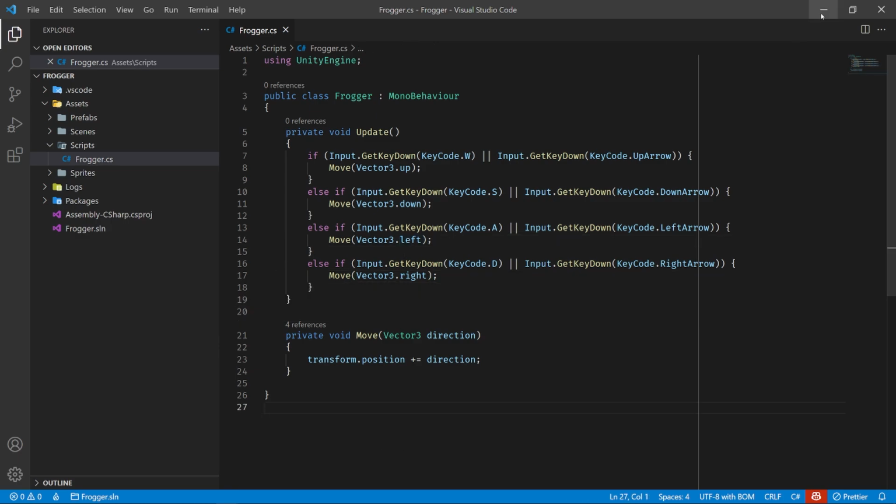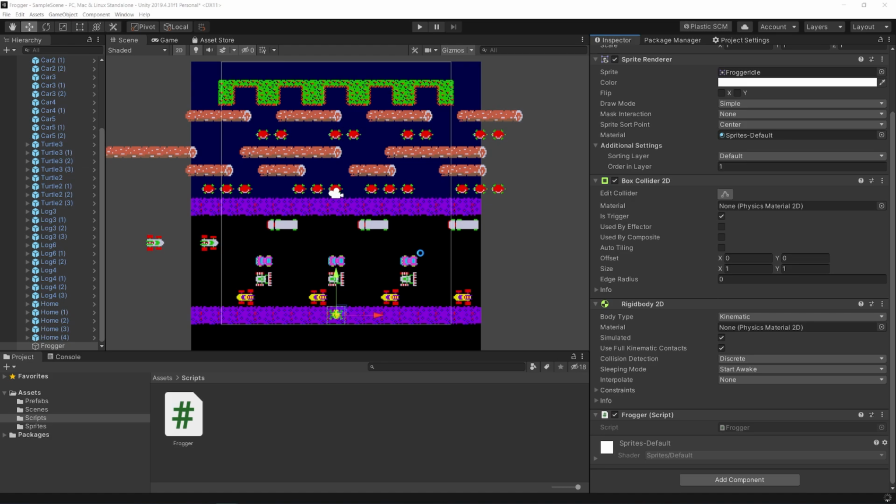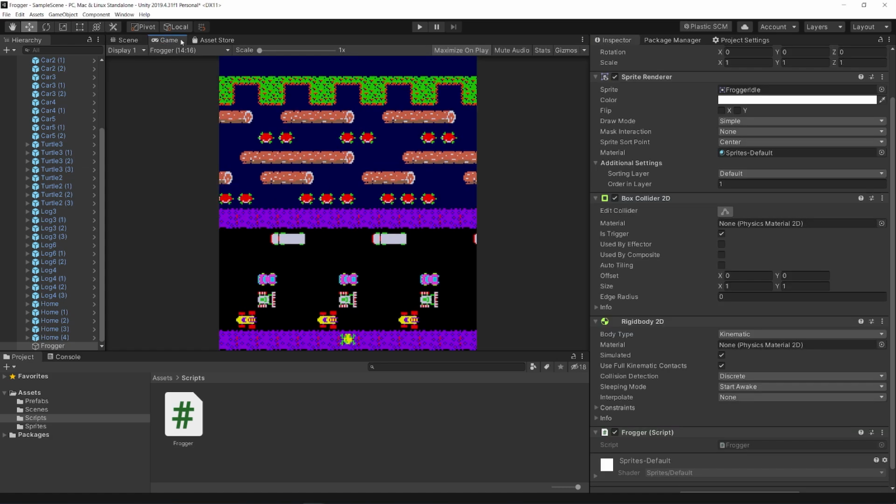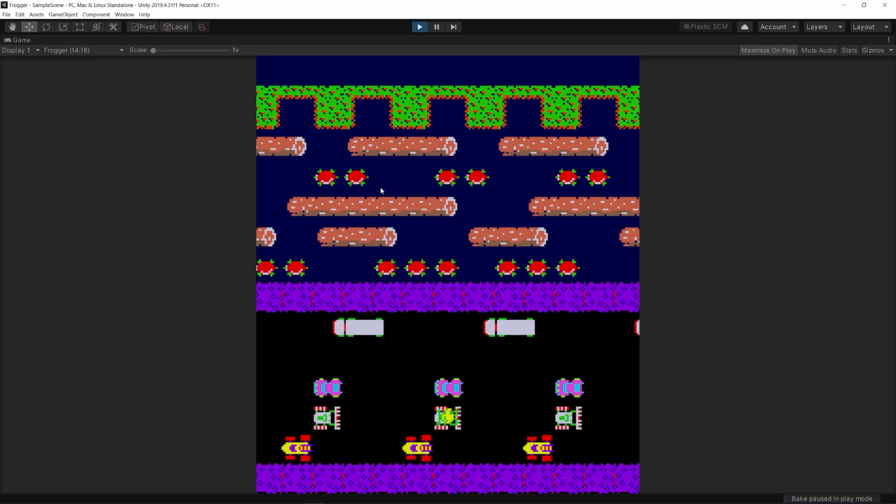So that is our basic movement. Let's go ahead and test this out. Switch to our game view, play the game, and there we go. I can move around. Now, obviously nothing else is moving. I can also float on water and do a bunch of things I shouldn't be able to do. It's because we're not really checking for collision or doing anything yet, but we at least have some basic movement